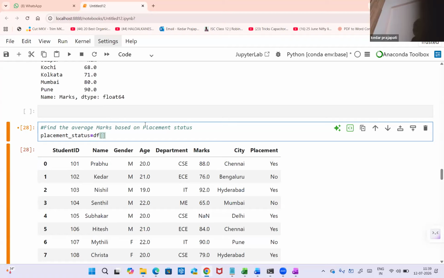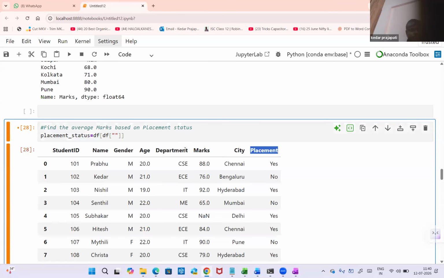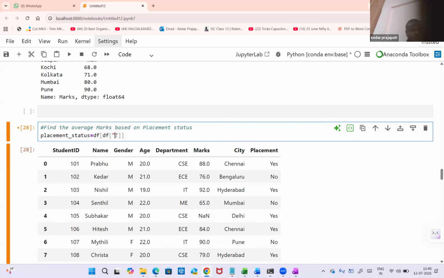Then you can find DF of placement. Okay. And if placement is equal to yes,